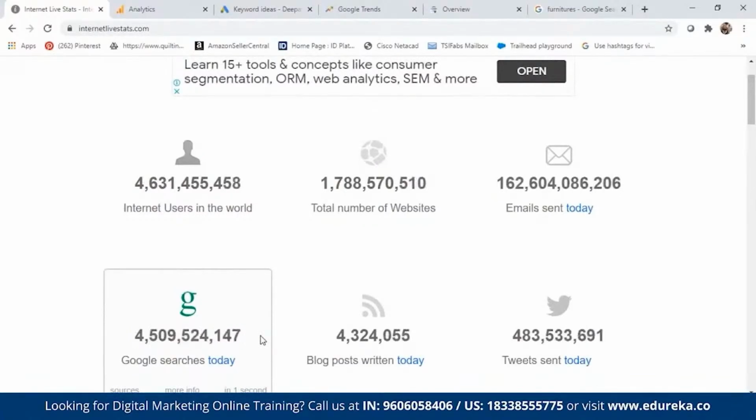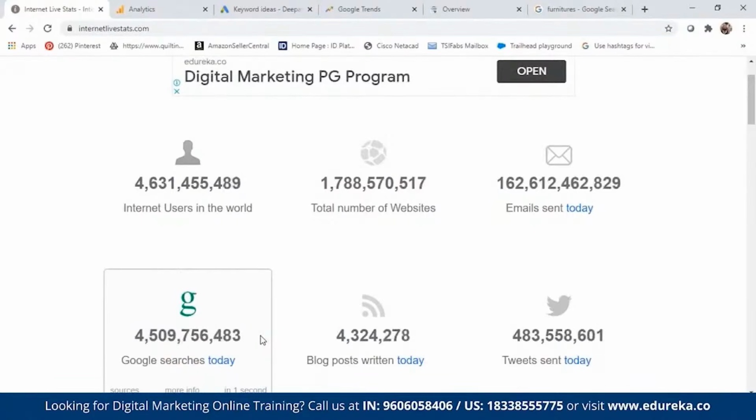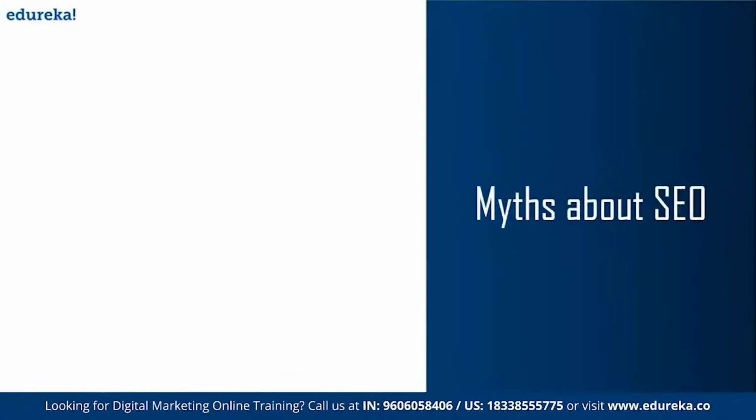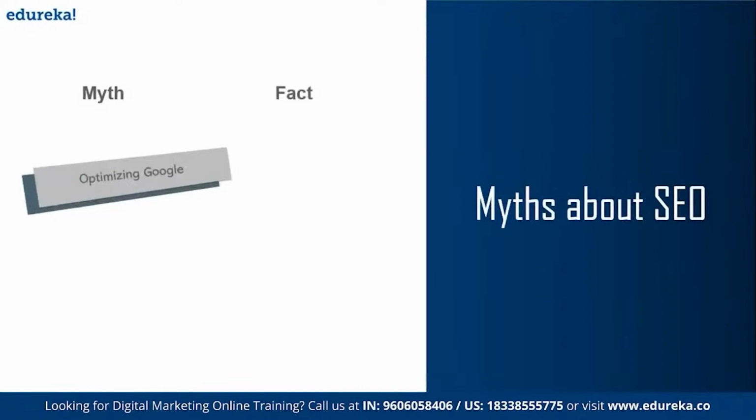Now, there are some myths associated with search. Let's look at some of them. One is that optimizing for Google is sufficient. Agreed, Google does have the majority of searches happening today, but there is also Bing, there is also Yahoo Search. Normally, as an SEO analyst, one tends to optimize for Google first and then the others. It makes sense to look at your website traffic, understand the current numbers, the volume of search, as well as the growth trends. Look at where they are coming from, and then decide which search engine to optimize first.